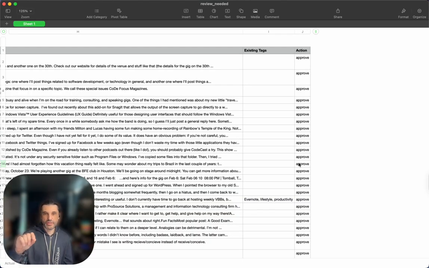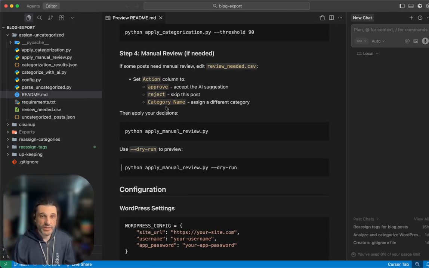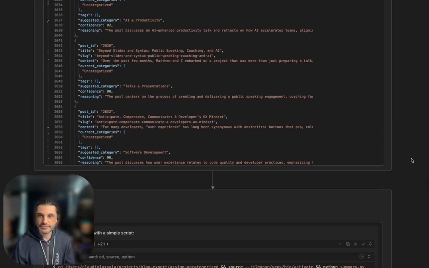Initially, Cursor wanted me to put the name of the category that I wanted to use instead of the suggested one, or to say reject and not do anything to it. I decided on the fly, that's going to be way too much work. I'm just going to put approve, copy, paste through all of them, make sure that the suggested category has what I want, and say, okay, run with it. So after I did that,